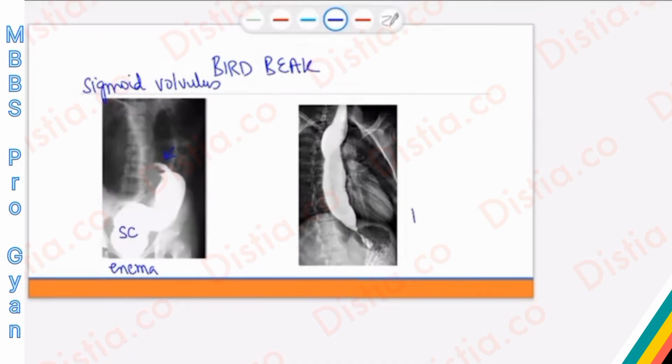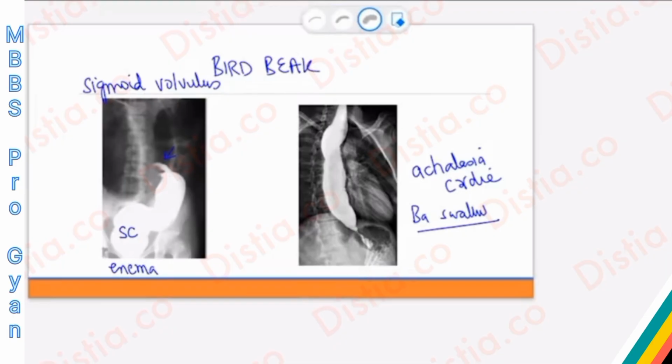On the other hand, the bird beak that I'm showing here is for a barium swallow. That's a feature seen with HLHS cardia, which is a pre-malignant condition. And I've highlighted that the best way for diagnosis of HLHS cardia is manometry, which will reveal an increase in the tone of the lower esophageal sphincter. Primarily why? Because there is going to be loss of inhibitory control. The loss of inhibitory control increases the tone, so food is not going to go down, the food is going to stick behind the chest bone. So people with HLHS cardia are going to say, doctor, I feel as if the food is stuck here, or I'm full up to here, the food is not going down.